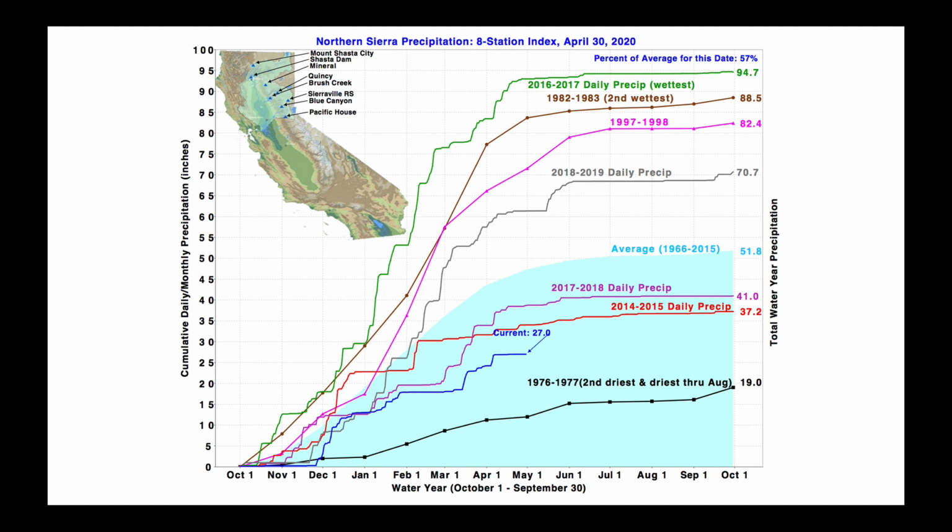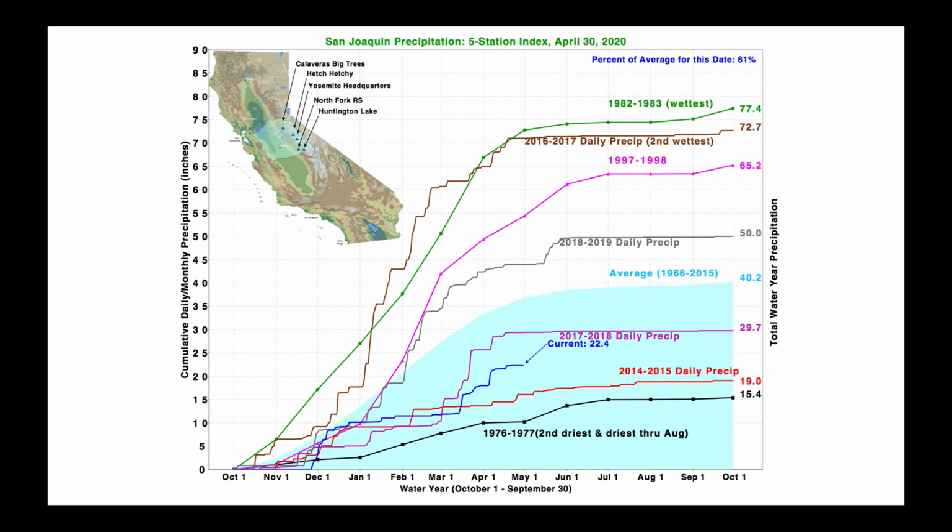So let's do this, and let's just take a look now at our 8-station index here from the Northern Sierra precipitation region. And remember that this would have been the normal rate of accumulation of precipitation during our wet season. And we're now entering this flatter time period, which is, of course, the dry season. So we're going to get into there at 27 inches. So that is clearly well below the average, which would have been somewhere around 47 inches. So in total, the deficit was sizable here as we go into our dry season.